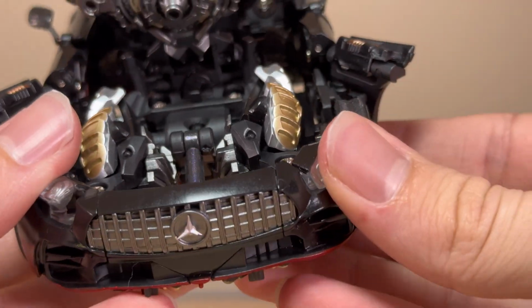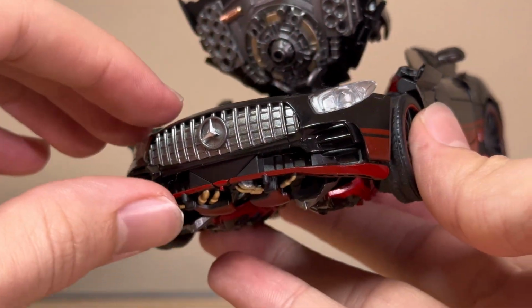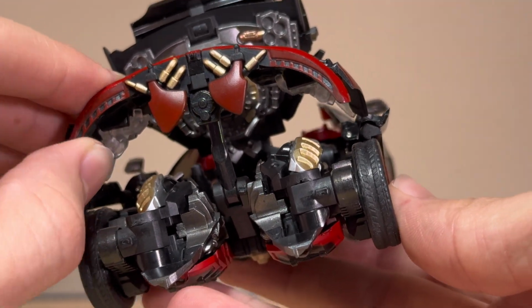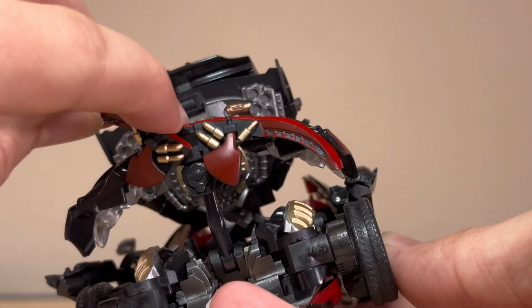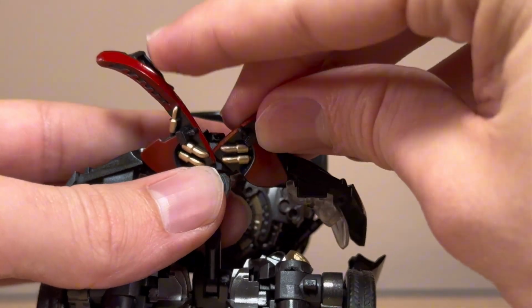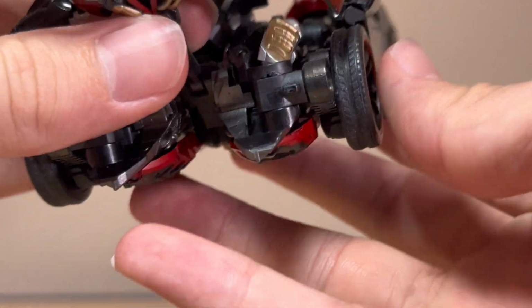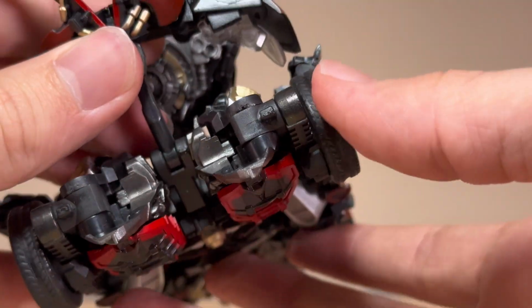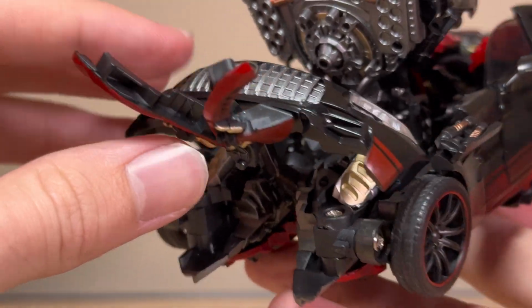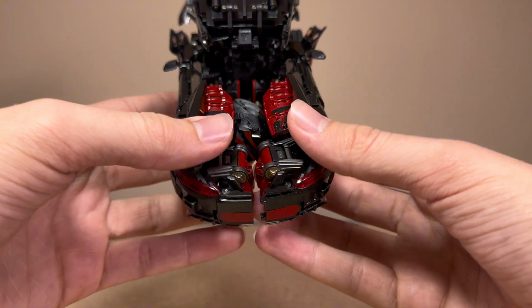thigh there. Flip these back here, then just slide bumper up, and then we'll just come here to these pieces, just flip them up like so, and I think we can just leave them for now. Just leave that for now. All right, now